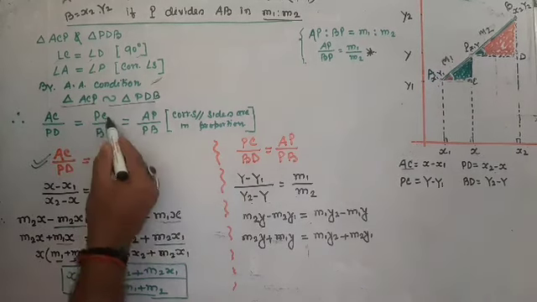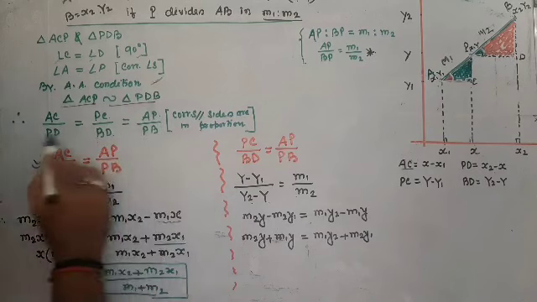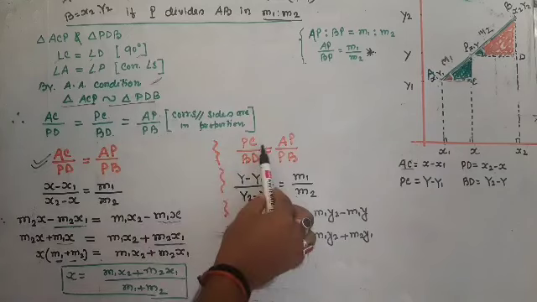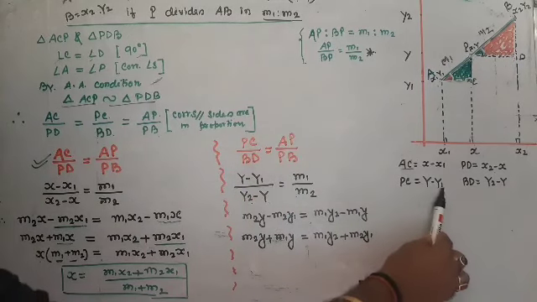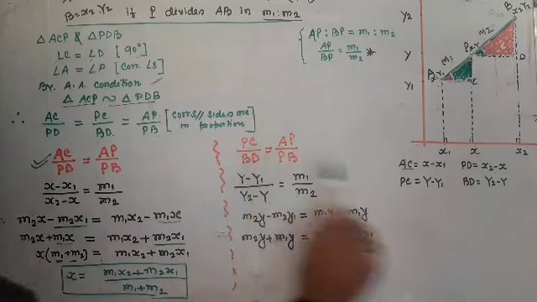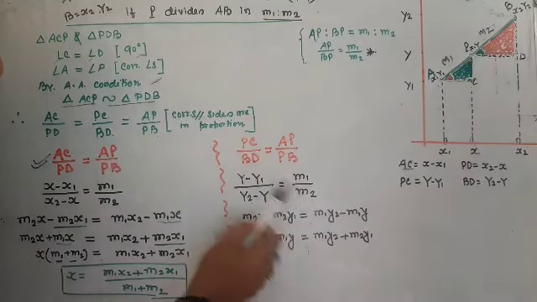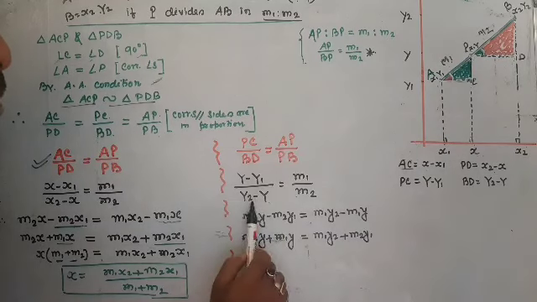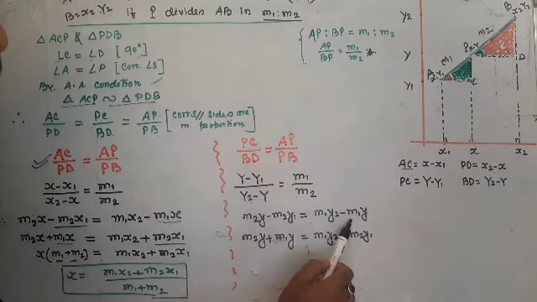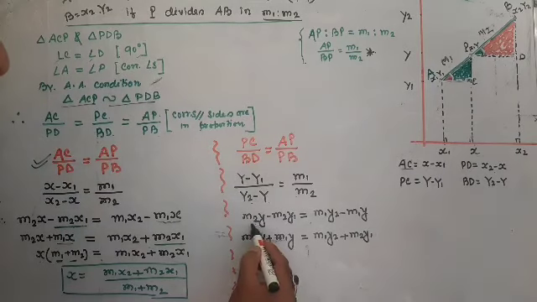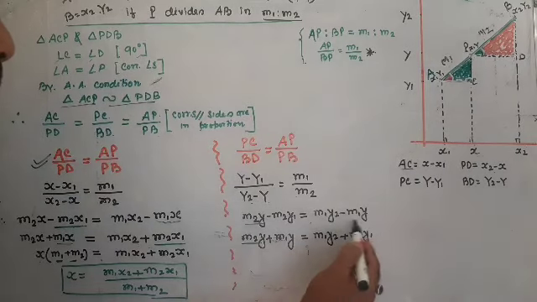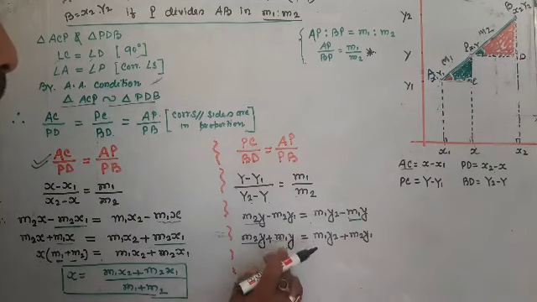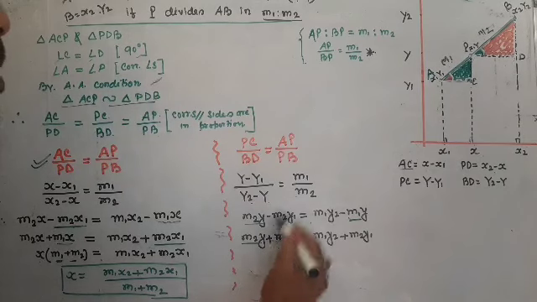Again we say PC by BD is equal to AP by PB because all three are in proportion. So in place of PC you put y minus y1, and in place of BD you put y2 minus y1. Again cross multiply. So M2y, M2y1, M1y2 and M1y. Again you can see this is plus, and this M1y goes this way, so it is in plus, and this minus M2y1 goes this way, that is in plus.